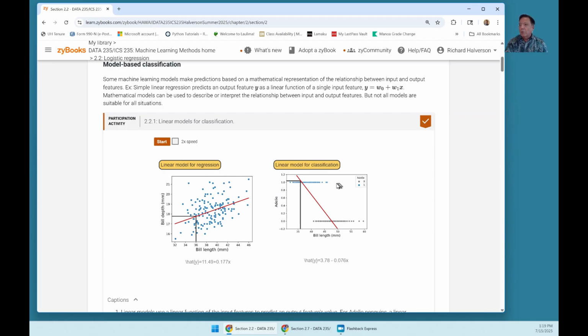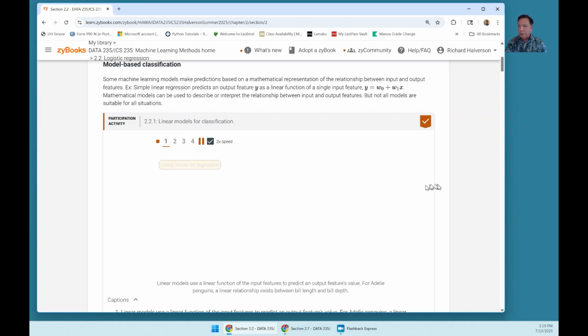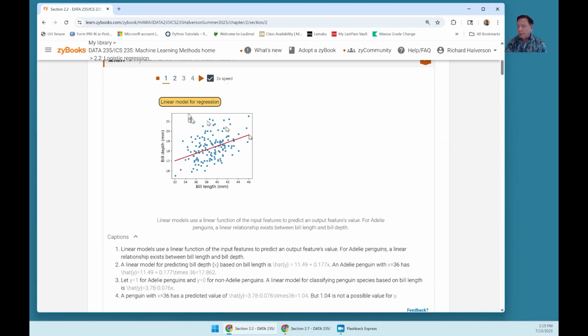We could also look at a categorical example. Here, let's go through this animation. A linear model for regression looks at, for example, bill length and bill depth. A linear model predicting,